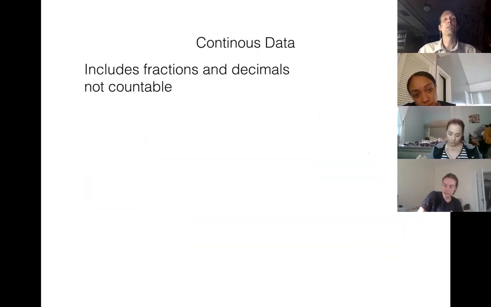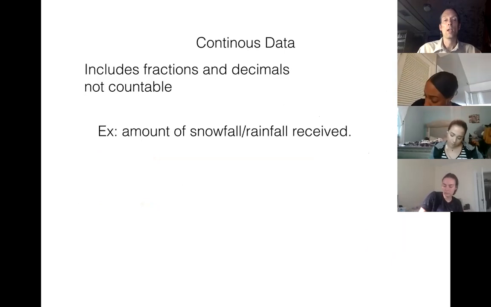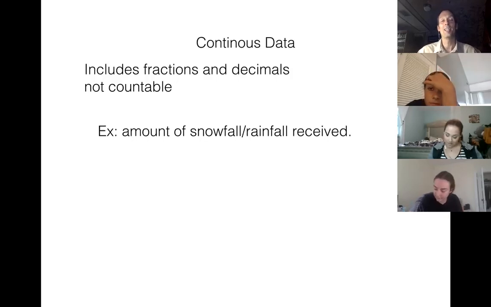Continuous data is fractions and decimals, and that's information that you usually cannot count up. Say you're taking classes in the spring semester and you have an exam coming up. The night before the exam, it's freezing cold. What do you hope happens in the weather forecast so you don't have to take that test? It snows. Yeah, we hope for snow, right?